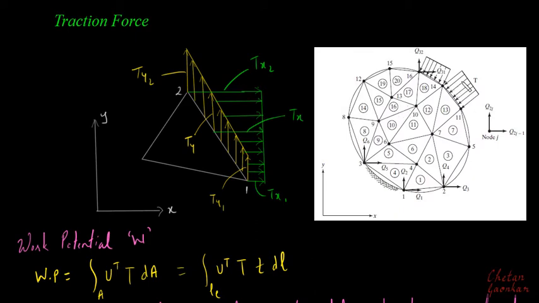As has been shown here, the body is subjected to traction, and by this time we are well aware that we cannot apply this kind of load anywhere randomly, but it has to be distributed only at the nodes. So what I have done here is, I have assumed one of the typical elements, this element, is subjected to some traction in some random direction.